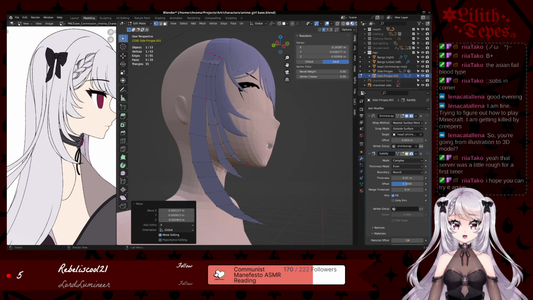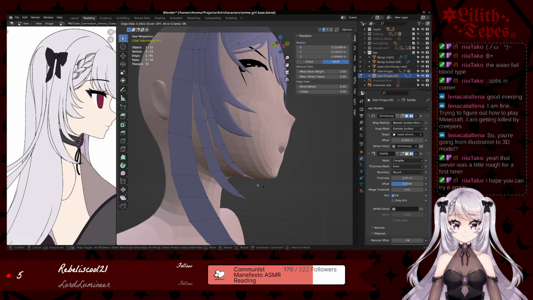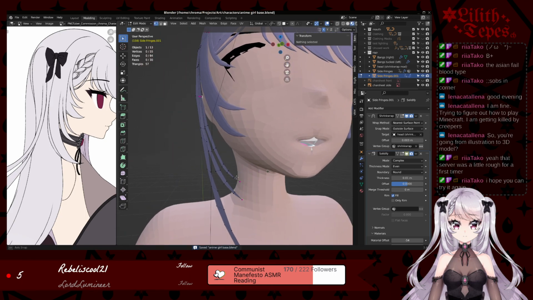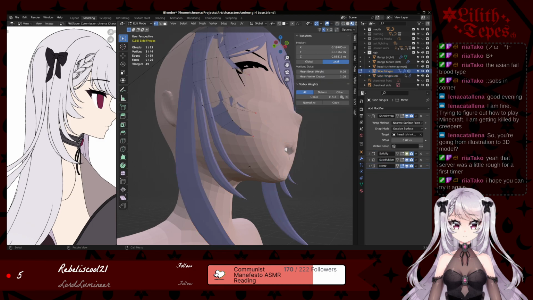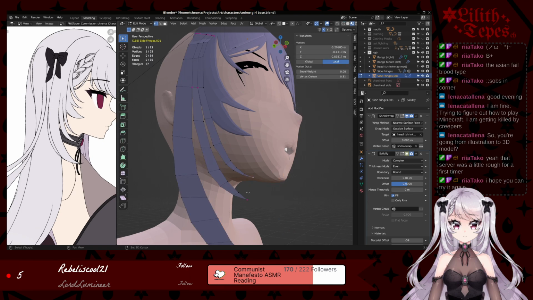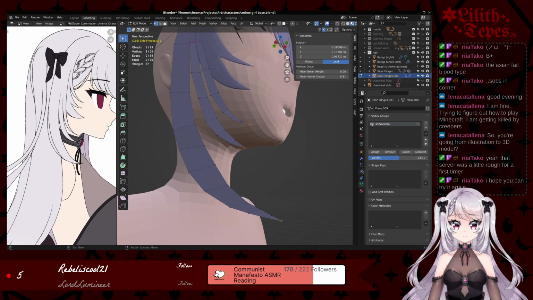Oh. Didn't notice my alarm. Yeah, that server was a little rough for a first timer. I hope I can try again. Yeah, I'm not opposed to... it didn't completely turn me off from it. But I think if I'm playing that kind of game, I would prefer a more chill sandbox kind of thing. I think that's just my preference, right? So,